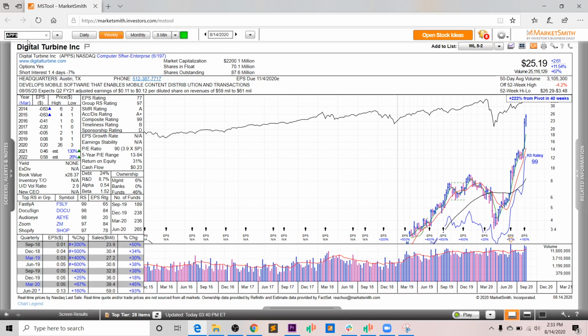Today we're going to be talking about Apps or Digital Turbine Inc., which is my stock of the week. And so far in 2020, it's gone all the way from below $4 a share in March, now all the way up to $25 a share just a few months later. And at this time, it's definitely short-term extended from those key moving averages, the 21 EMA, the 10-day, the 50-day, the 10-week. And at this point, I think it's very critical that you wait for a good, low-risk, high-reward entry